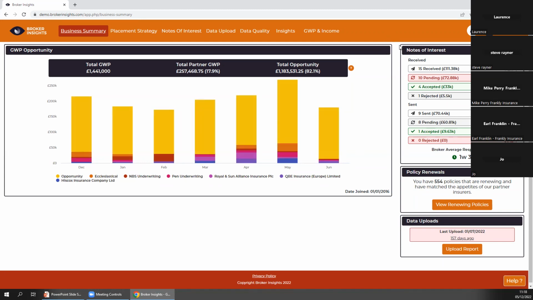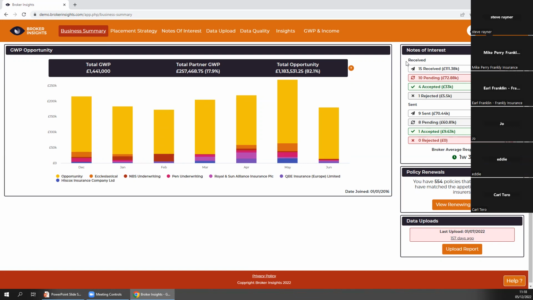As I said, to the right of that, you've then got your notes of interest. So this is a two-way street. Information, or notes of interest rather, coming from the insurers and also what you can send on to the insurers. So you should also be able to send your insurers notes of interest. I'll come on to how that works in a short while, but in terms of what that note of interest represents, if the insurers are sending you a note of interest, it means they've identified an opportunity in your book of business, and they want to discuss it with you. It's them expressing their interest in a policy.